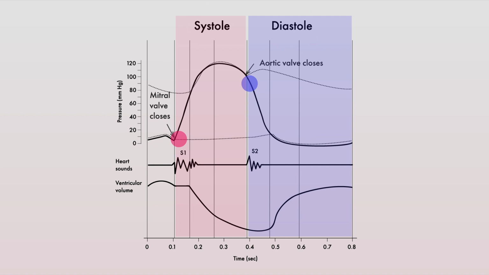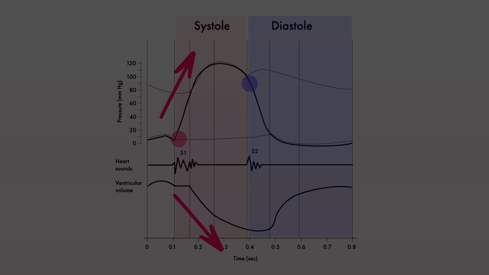So in summary, we looked at the cardiac cycle in regards to pressure over time, along with how this relates to volume within the ventricles over time, and we saw that as ventricular pressures rise, volume decreases. We also mapped these curves to the opening and closing of the different heart valves, and how they correlate with the respective heart sounds.